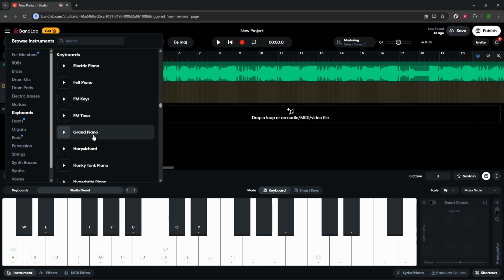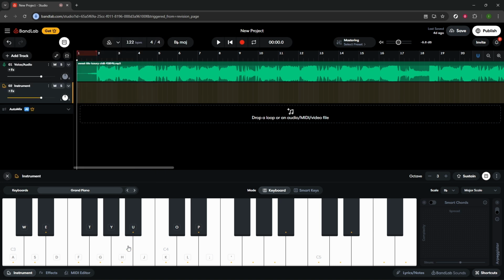As soon as you select it, the piano layout will be available at the bottom of the studio. You can click the on-screen keys with your mouse to audition notes, or use your computer keyboard if you prefer. If you have a MIDI keyboard connected, it should also work right away. Adjust your track volume on the mixer to avoid clipping, and consider using headphones to reduce latency and keep your